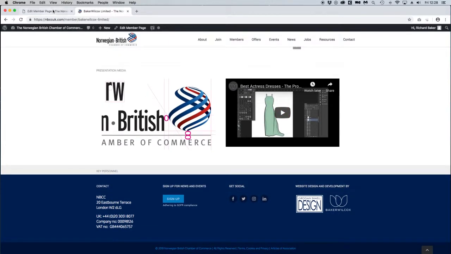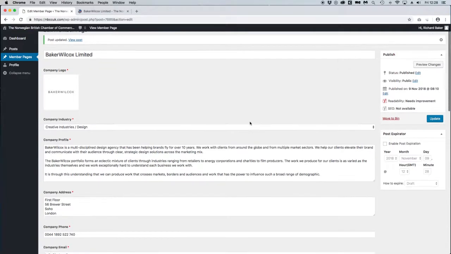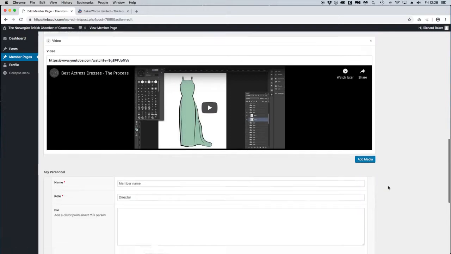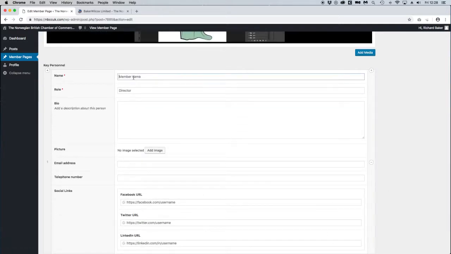Now there's another area which is hidden to non-members, and one which you'll likely want to add some information on, and that's called key personnel. So this is where you can add key people behind the business and key team members. So just as an example, I put myself in here, and